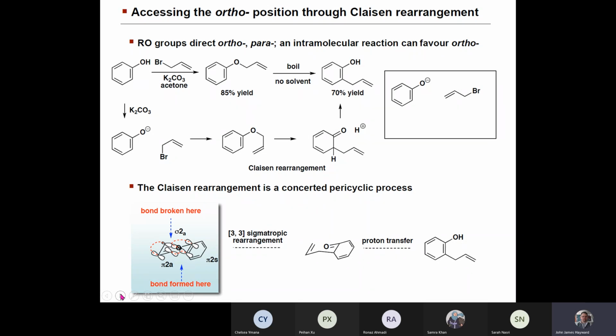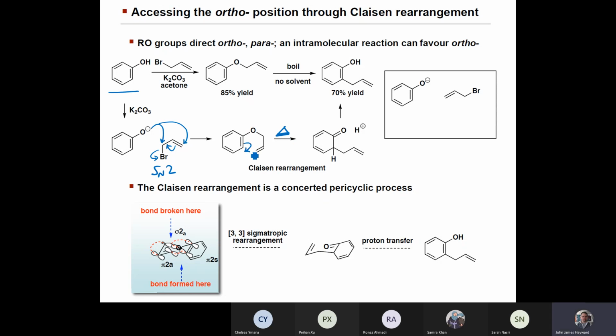Okay, so you can take a phenol, you react it in the presence of base with an allylic bromide. So it can do a substitution of the bromine. It can either do direct substitution like this, or it can react at the other end and the arrows hook up together that way. Either way, because allyl bromide is symmetrical, we get the same product. That happens in SN2, and the Claisen rearrangement itself is when you heat this quite a bit,